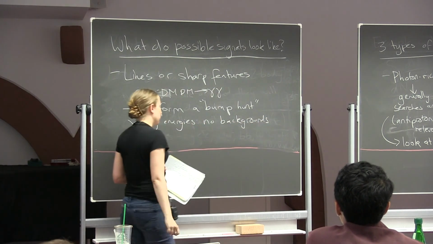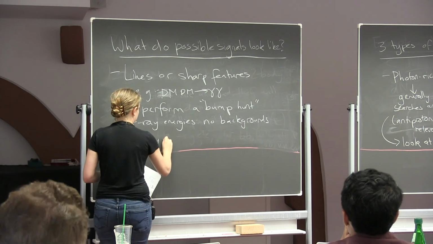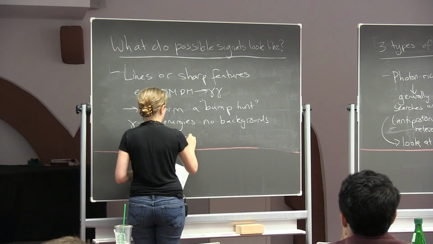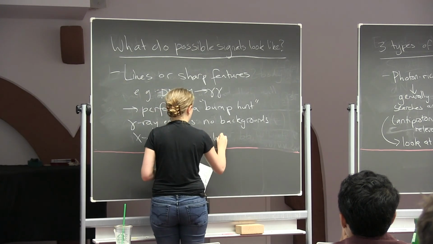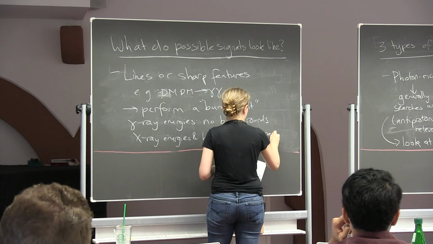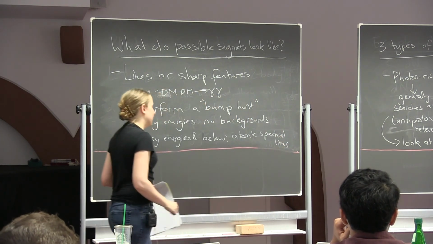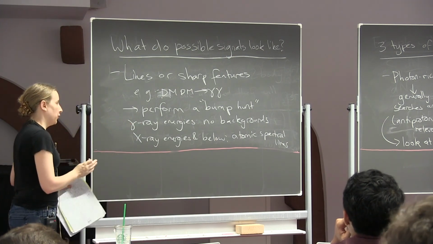At X-ray energies, you do have to worry about backgrounds from atomic lines. But if you had a signature like this, it would allow you to avoid a huge amount of worry in